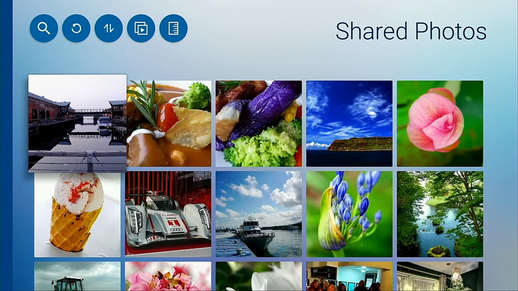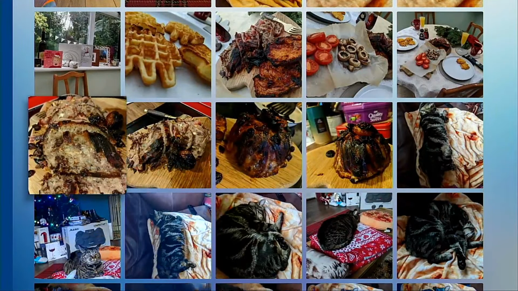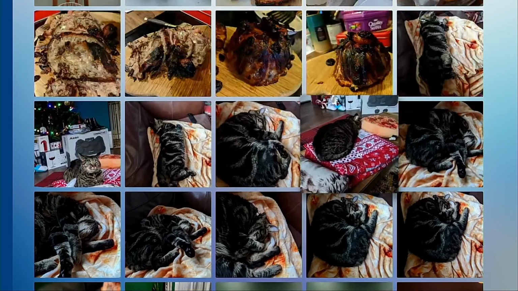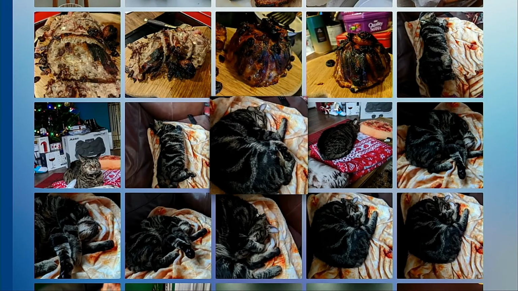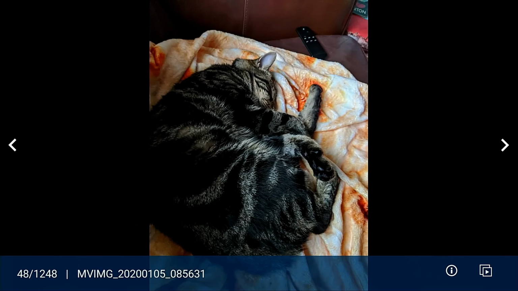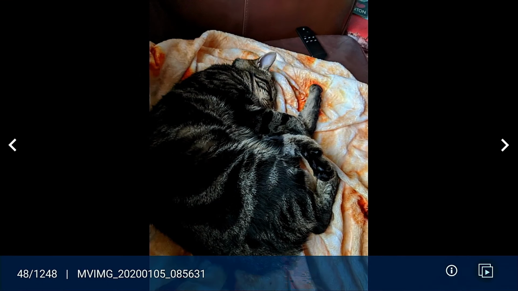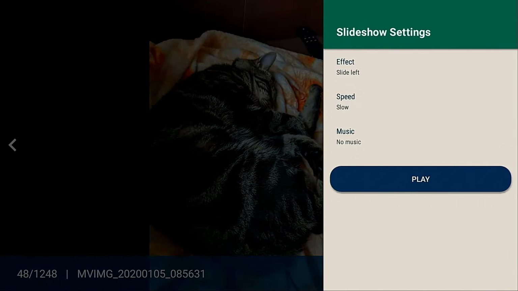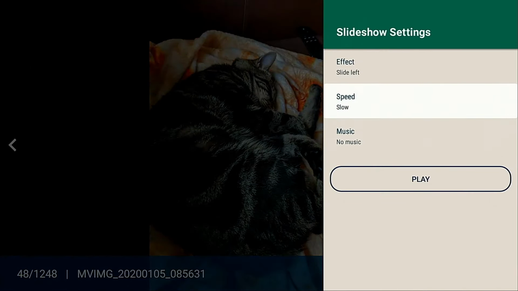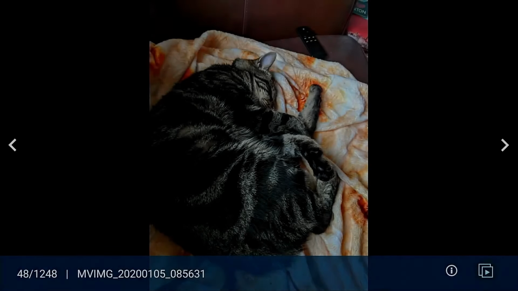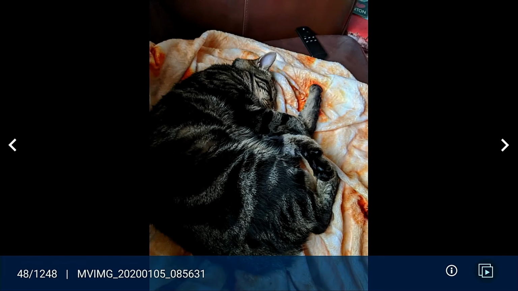To put that into perspective, if we go down and find a photo there, again, we're going to find a photo of my cat because, let's face it, I've got a problem. If we go for a photo of my cat here, open it up on screen, we can scroll along, flick between all the different ones. We can go in, we can go into a slideshow if we choose to. Again, we can apply music if we choose. There's different options. We've got stuff that we can do there,